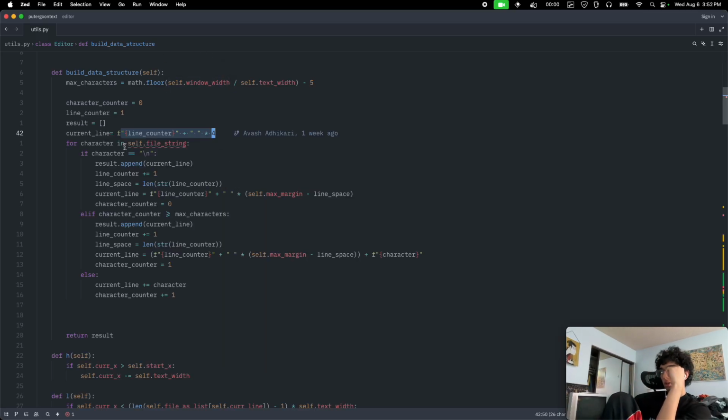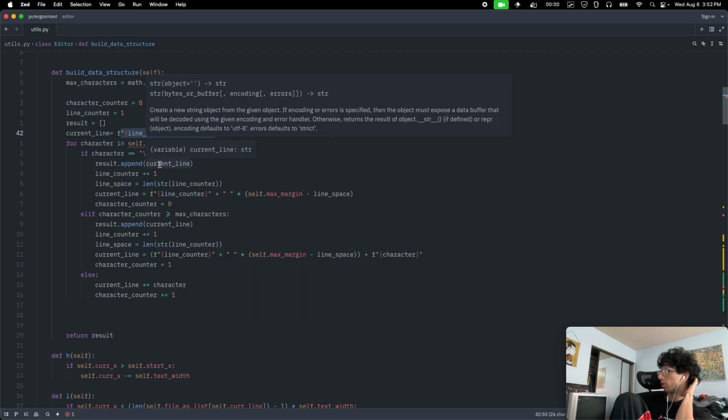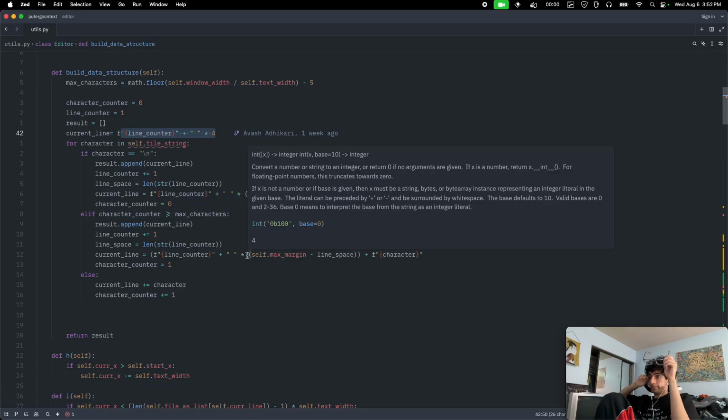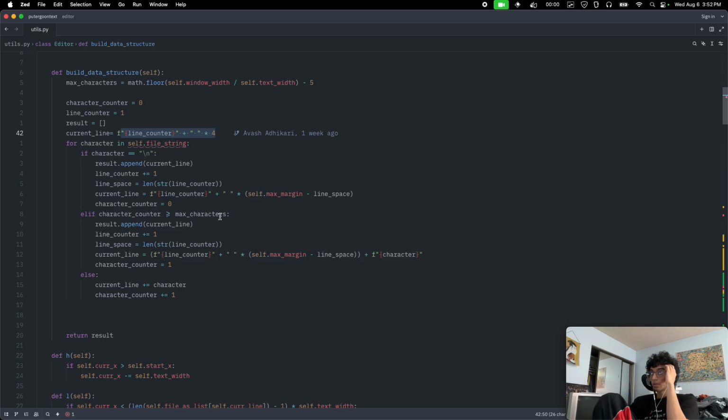And for each character, if the character is a new line, then we append the current line to the result. We add 1 to line counter. We make line space the length of the string, length string, line counter. Line space is equal to length string, line counter. Bro, what? Also, if character is greater than max characters,